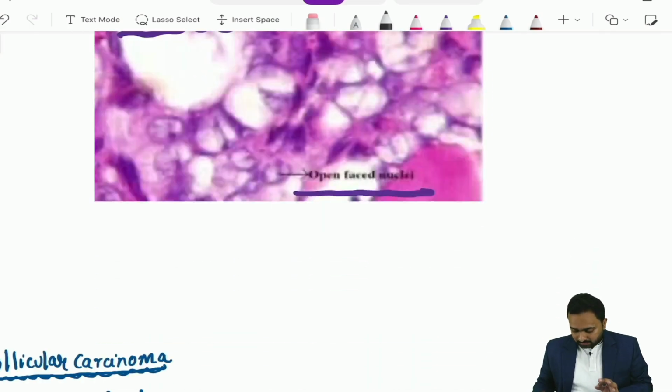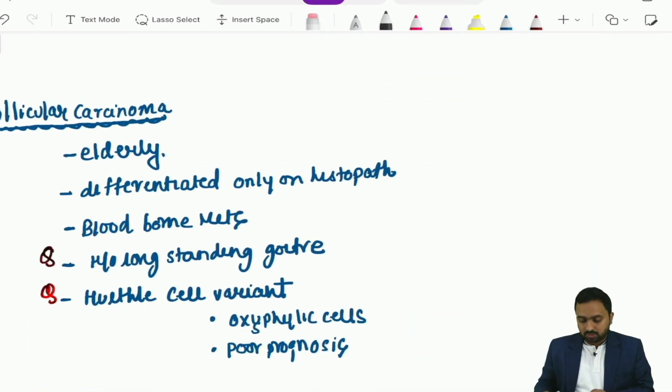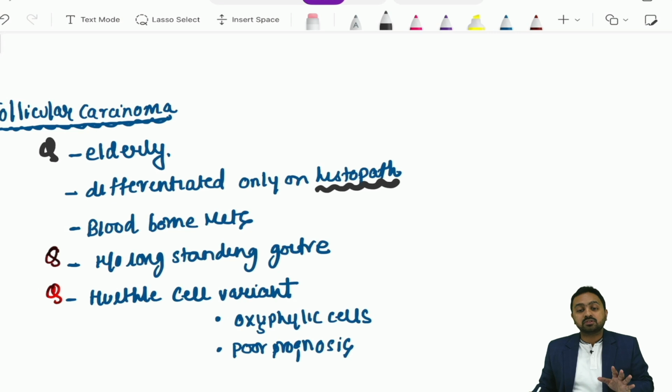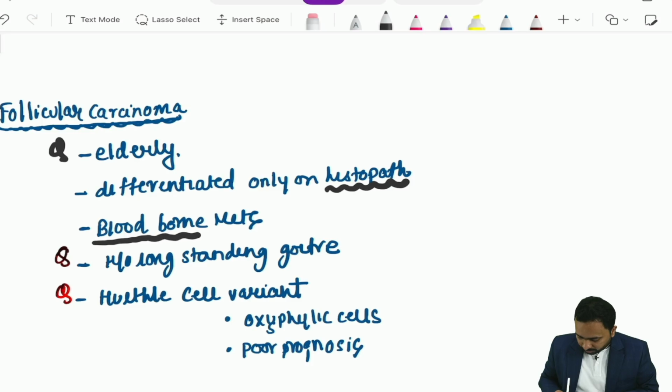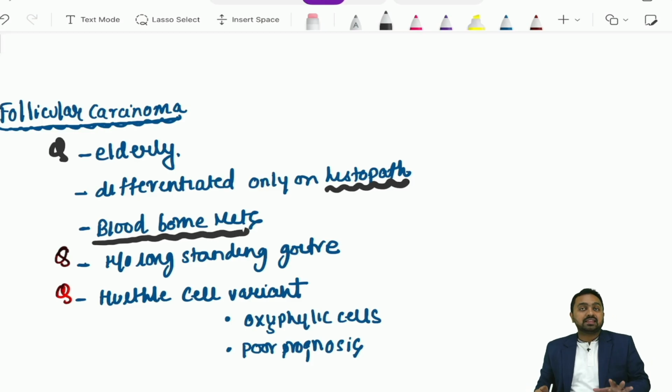Now next we have follicular carcinoma. This is much more common in the elderly. These are differentiated only on histopathology, so an FNAC will not be able to differentiate a follicular adenoma and a follicular carcinoma. Now they are prone to have blood-borne metastasis, and they are usually seen in patients having a history of